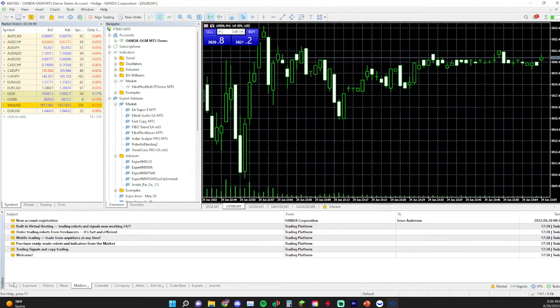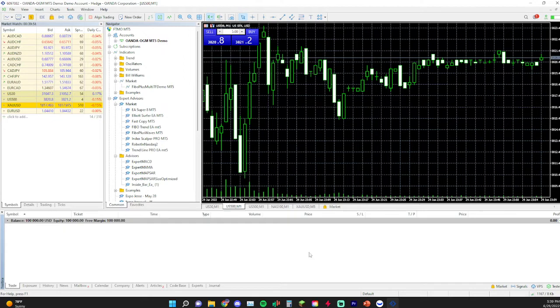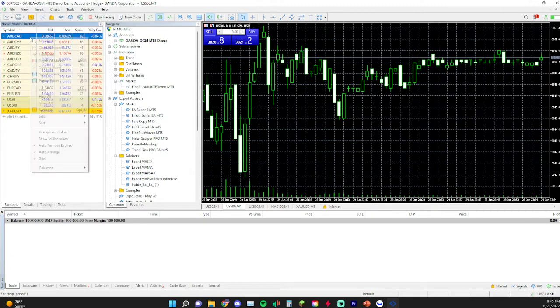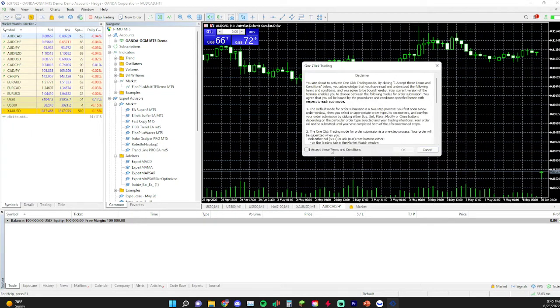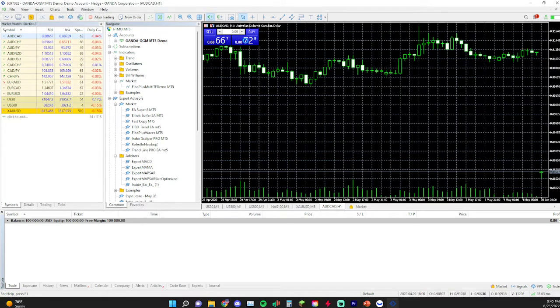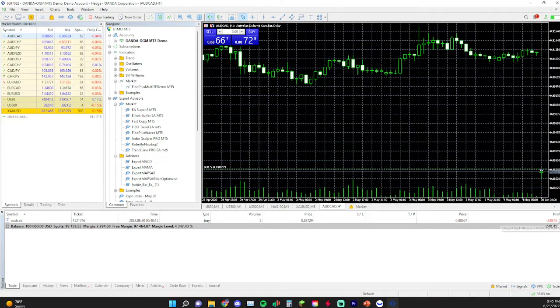And then down here is your action toolbar. This is where, if you had a position open, you could hit a little X button right here. Our lesson's right in the middle when everybody else is closed, so I'll show you on a forex pair. If I want to buy, I just click this button. You have to accept the terms and conditions that you're doing one-click trading. You can buy there,